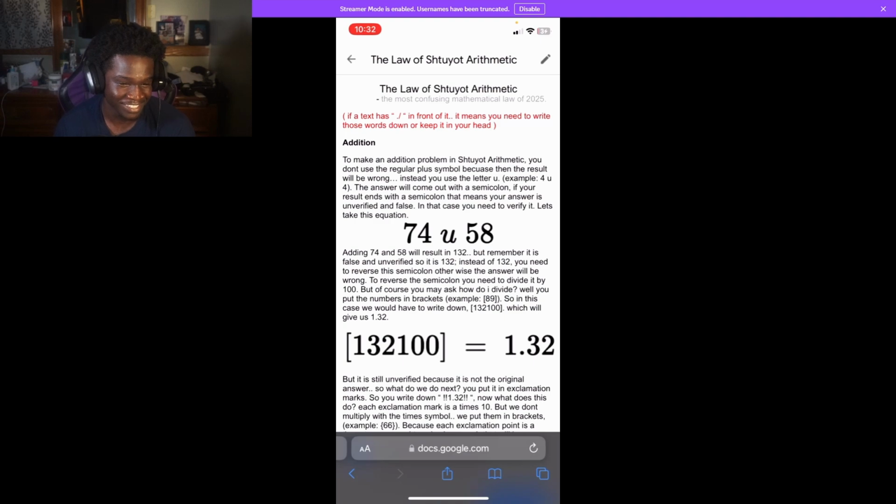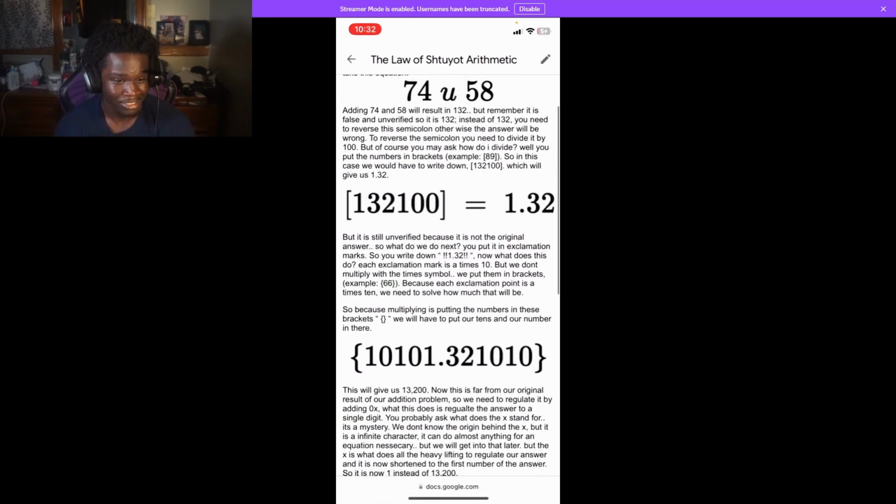Let's take this equation: 74U58. Adding 74 and 58 will result in 132, but remember it is false and unverified, so it is 132 semicolon instead of 132. You need to reverse the semicolon, otherwise the answer will be wrong. To reverse the semicolon, you need to divide it by 100. But of course, you may ask, how do I divide? Well, you put the numbers in brackets. Example, 89 in brackets. So in this case, we would have to write down 132 times